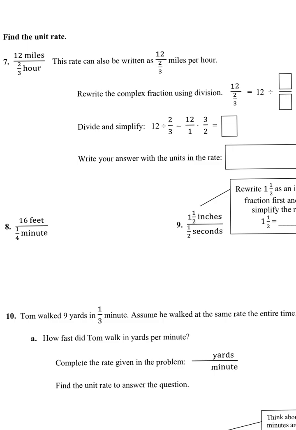Anyways, moving on. So it's going to be 12 divided by 2/3. And then it says divide and simplify. So we're going to keep, flip, change. So keep the first fraction the same, or rewrite it as a number over 1. And then 2/3, we're going to flip it to its reciprocal. So instead of 2/3, it's going to be 3 over 2. At this point, we're going to multiply straight across. So 12 times 3 is 36